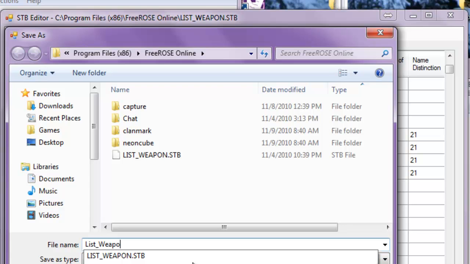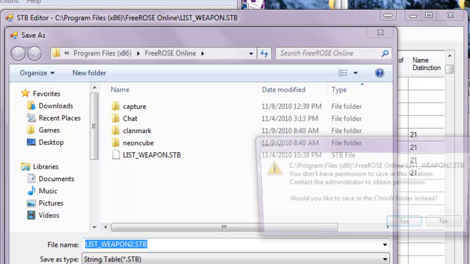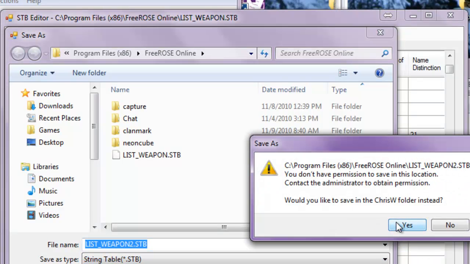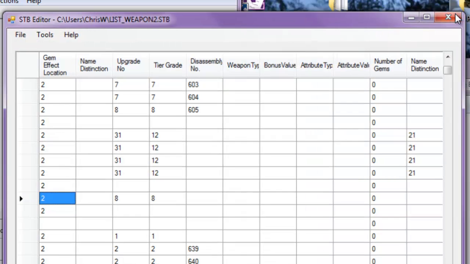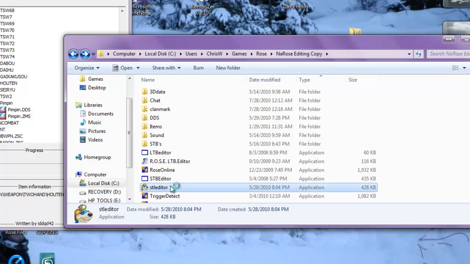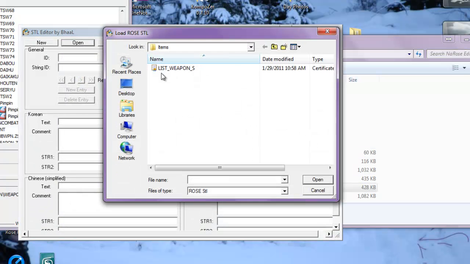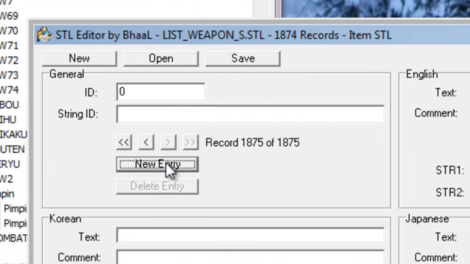Because since I'm not going to override mine, we'll do list weapon 2 STB. Alright. Whoops, apparently I don't have permission to do that. Okay, well anyway, so there's that. So now what you're going to do is you're going to load your STL editor. So we'll open S. Alright. Wow, alright. So we're going to do new entry, and we're going to ID 128,